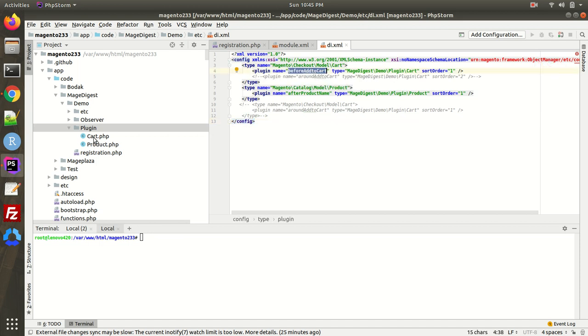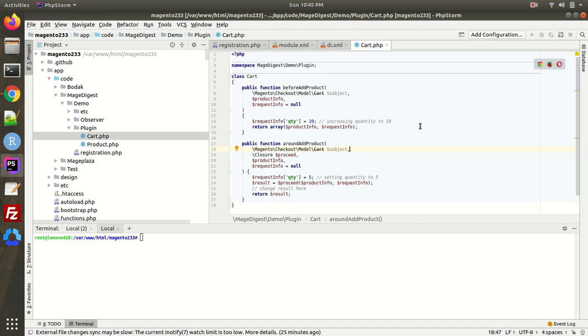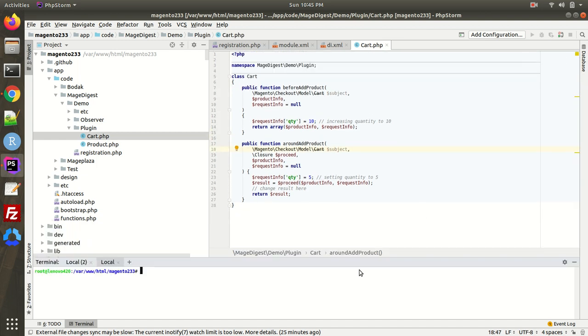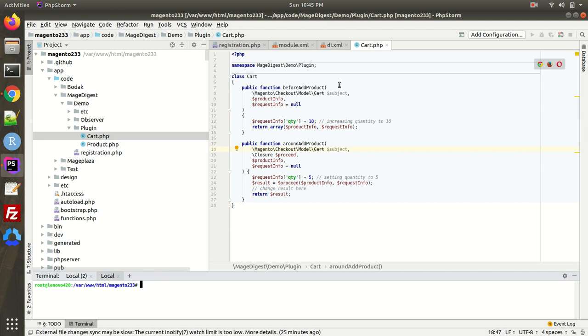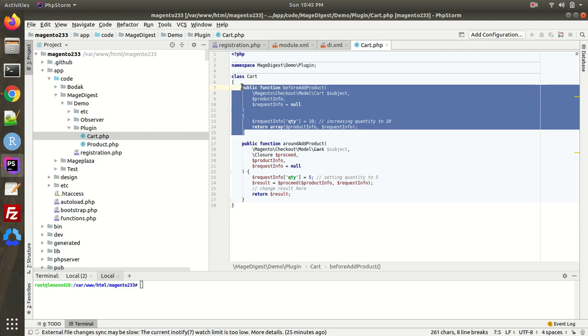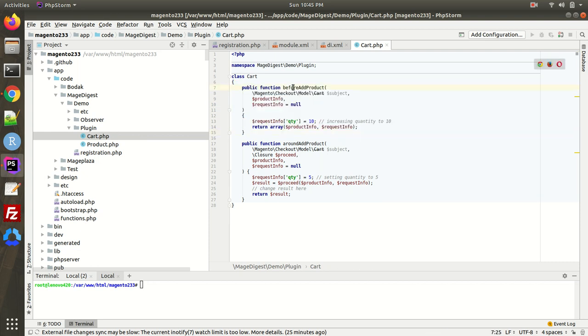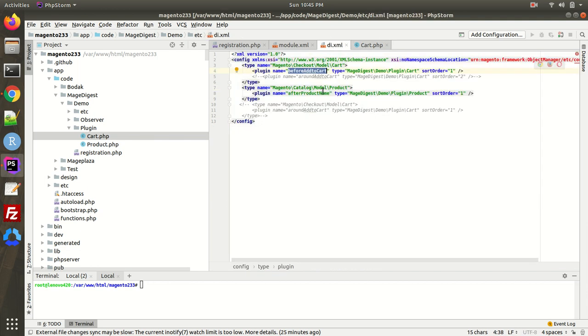So I have to go to the same cart.php. When I go to this cart.php, this is how the file looks, and over here we will be concentrating upon this method only. Before add to cart, what was the name? Okay, cart is a core file.